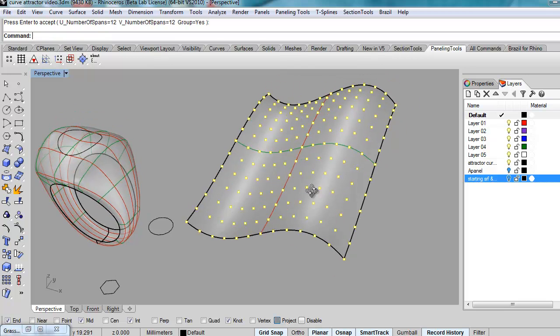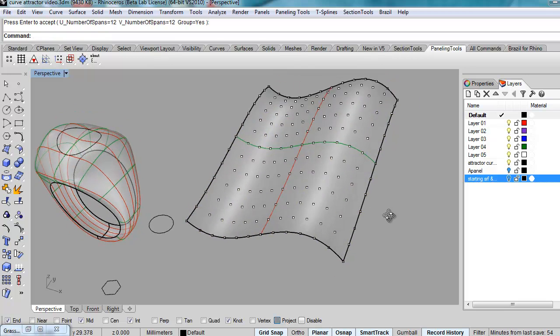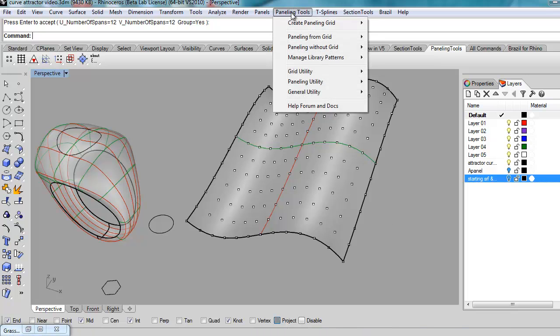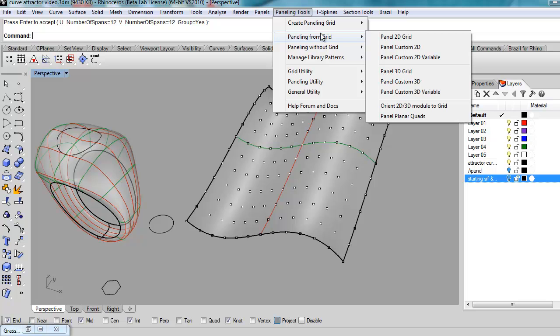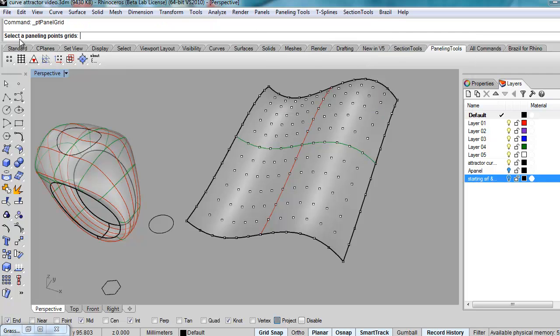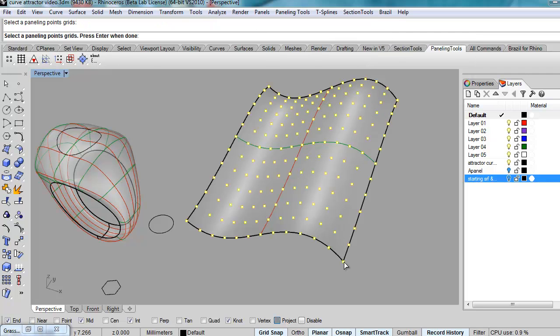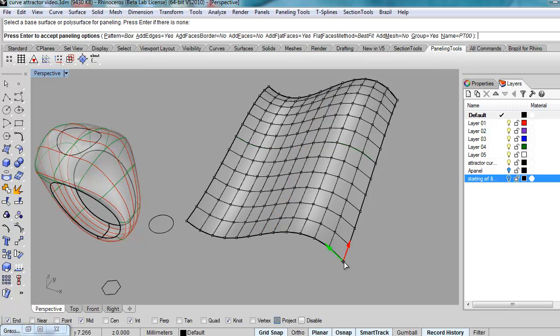It's very easy. Now what we want to do with the grid is to panel it with the Panel 2D command, Panel 2D Grid. So we select the points. We will use some options here like add flat faces. You see on the left side you have different patterns, but we will use box for the time being. We will name the group and we will group the objects. Now as you see,